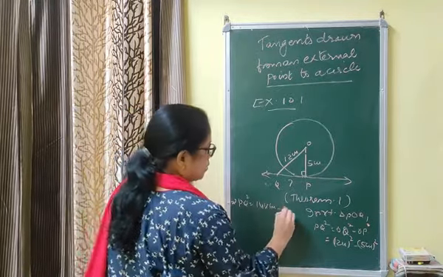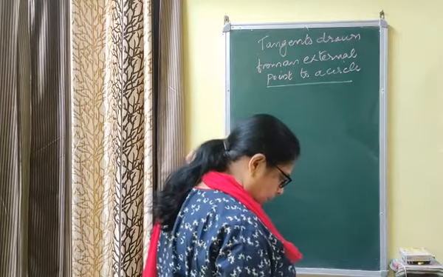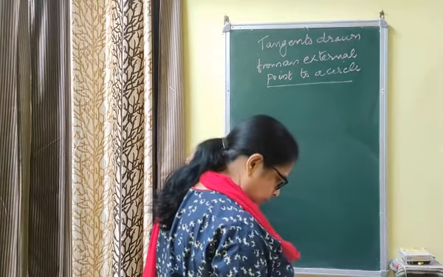Now, the next question that you can do by yourself. I will just explain you. Draw a circle and draw two parallel lines to a given line such that one is tangent to circle, one is secant. You have to draw a circle, and you have to take a line anywhere in the plane. Let it be L1. On the basis of this L1, you have to draw a tangent as well as secant to the given circle, so that both are parallel to the given line. Let L1 be the given line.